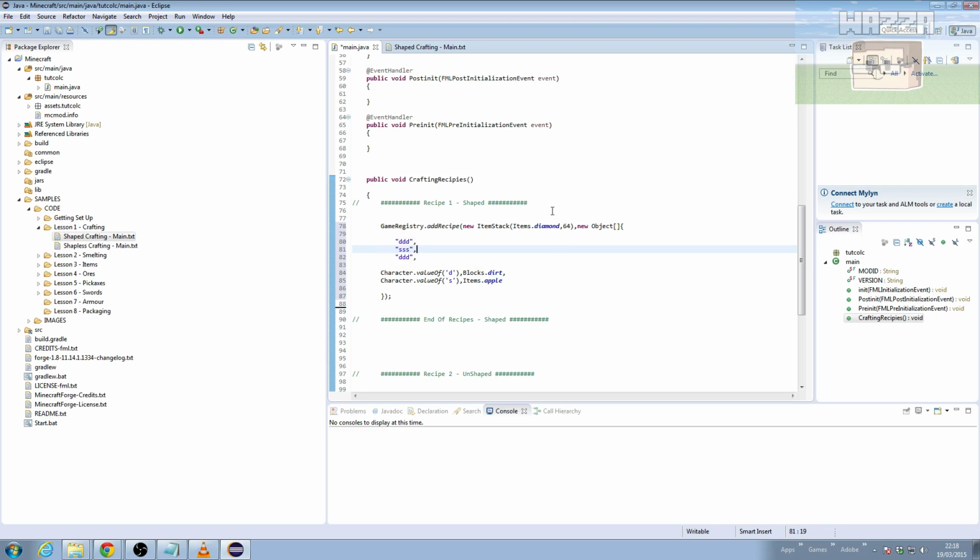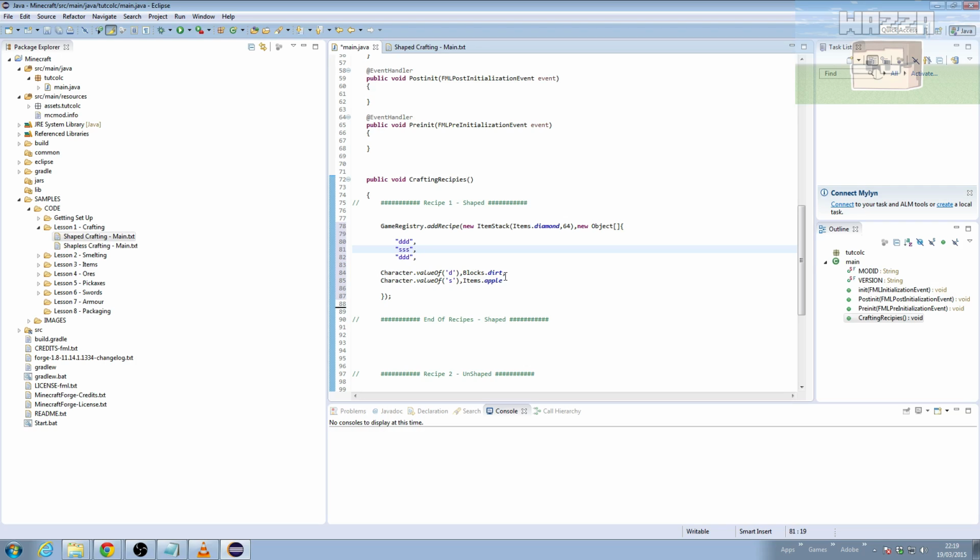And then we're just going to get some diamonds out of this recipe. And then we've got this bit down here. Now, if you think of this bit as your crafting bench, 1, 2, 3. 1, 2, 3. 1, 2, 3. Sounding familiar? Your crafting bench is 3, 3, 3. 9 objects. We'll come back to these letters and what they mean in a second when we move to our